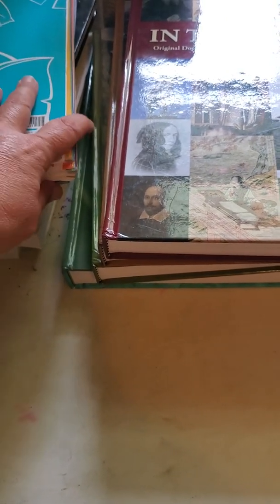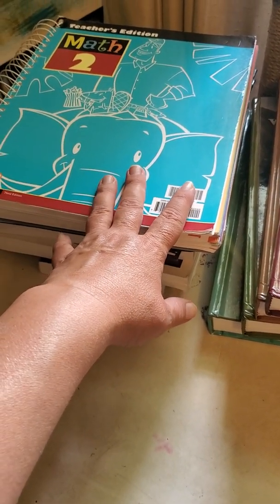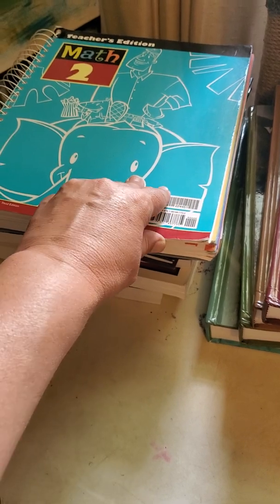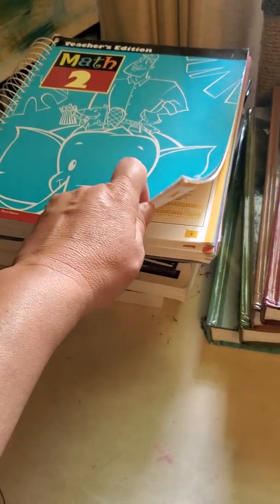So I hope that was helpful, especially to those of you new to homeschooling. All of this for Ellie is for her 4th grade. And as you can see, we're teaching at the level she's at. Just because she's in 4th grade doesn't mean that we have to have math for 4th grade. It's just based on how she's doing. But like I said, we're going to be moving through this a little faster than I thought because she's a smart little